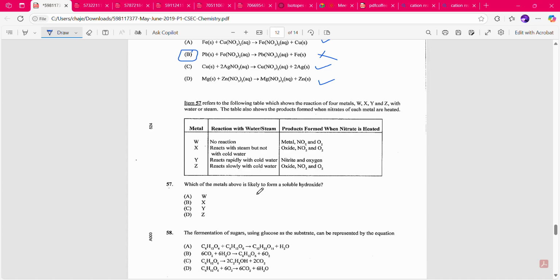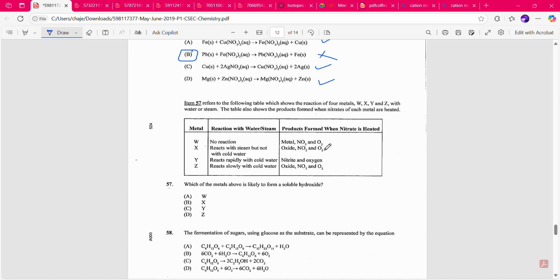The table also shows the products formed when nitrates of each metal are heated. So W has no reaction with water. Products formed are the metal, the nitrate, and the oxygen